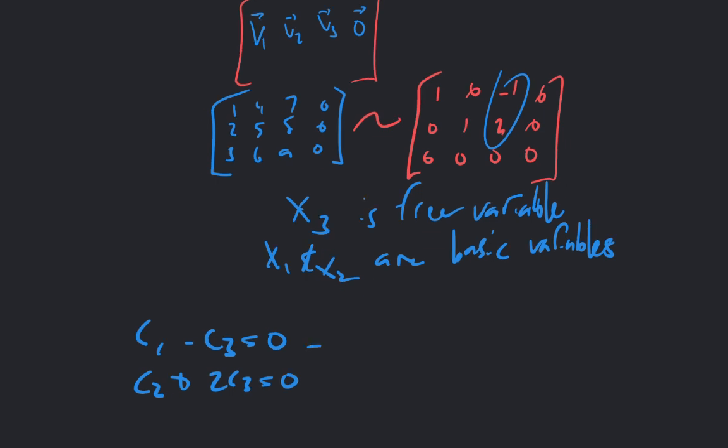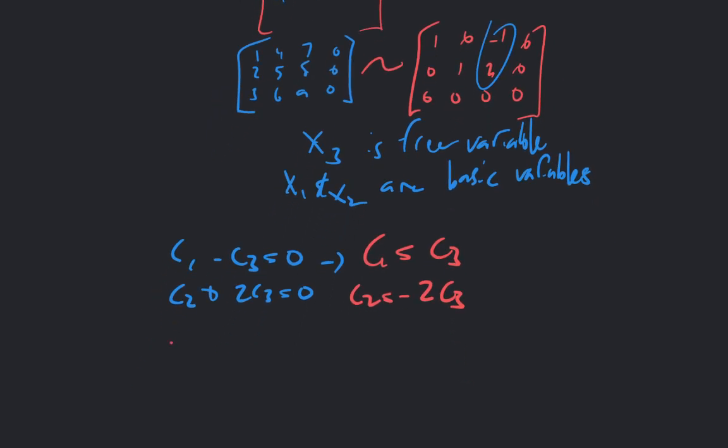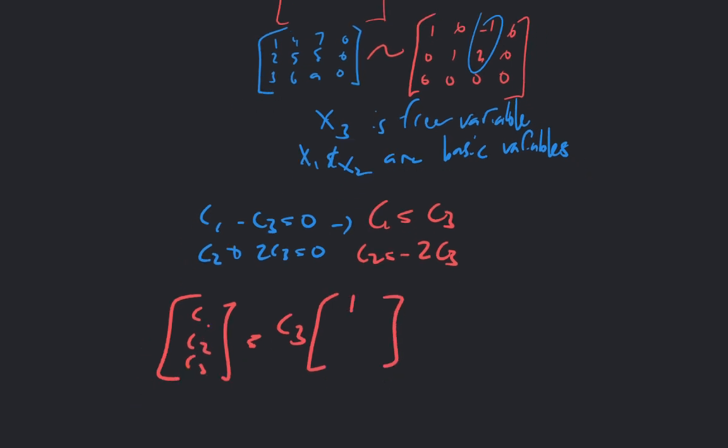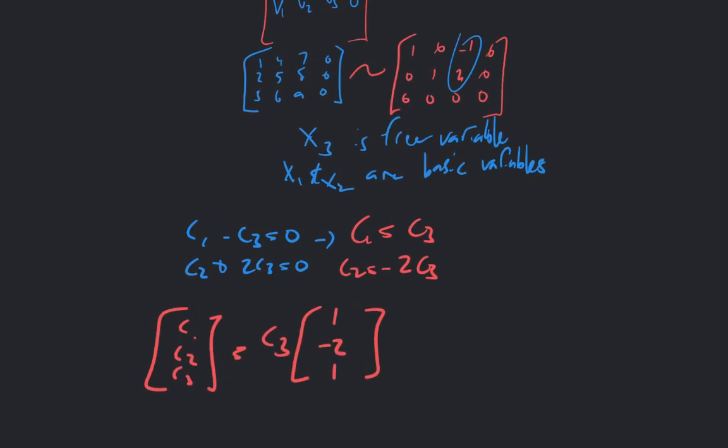And we get these conditions: C1 is equal to C3, C2 is equal to negative 2C3. So then we can get a new vector C3